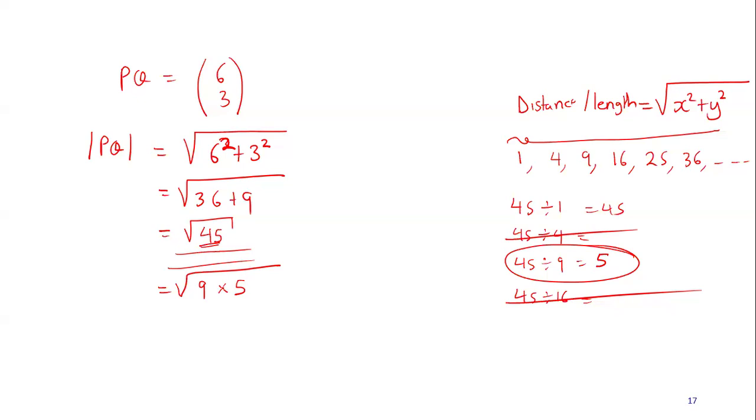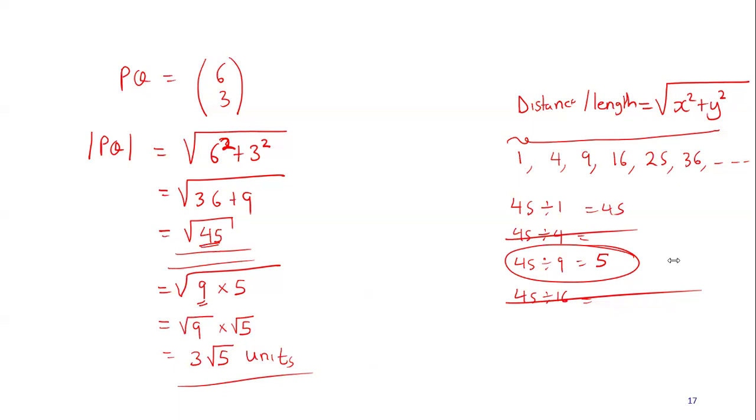Now, when you are writing, the first digit you write, let it be the one which has a perfect square. Then the second one, let it be that digit without a square. Hope that is okay. So when you separate, this will be root of 9 times root of 5. So this will give us 3 root of 5. Now, in case they have given you units, you put. In case they don't put, then you can just say 3 root 5 units. Then you end there.